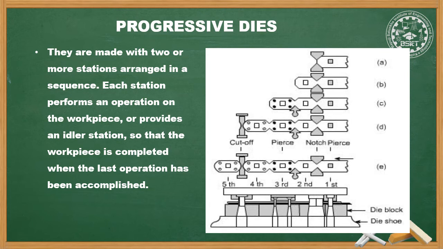During the upstroke of the ram, the stock is moved to the next station against a finger stop. The stock is positioned for the second stroke. The second station is idle, as shown in figure B. The right end of the first piece, the left end of the second piece and a second square hole are pierced